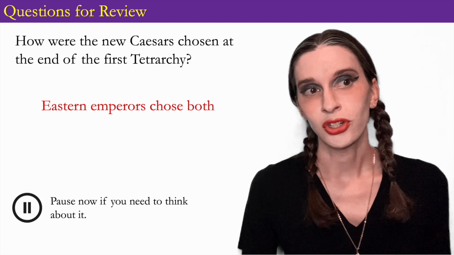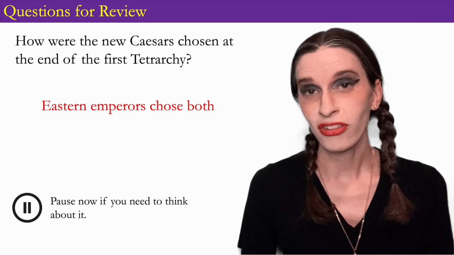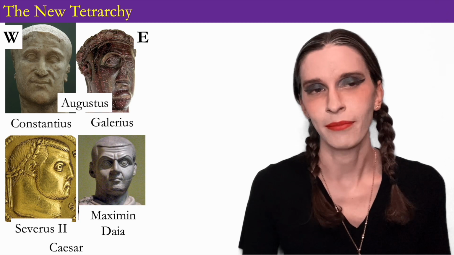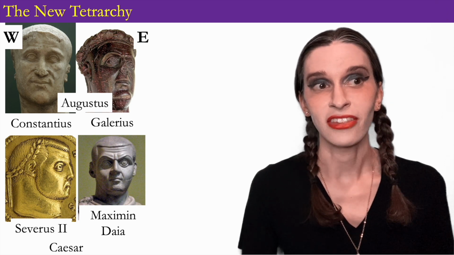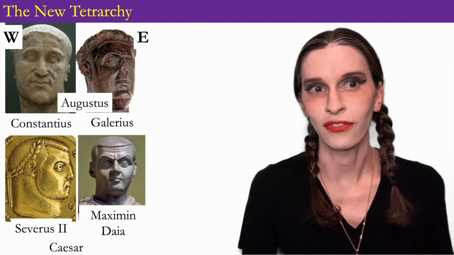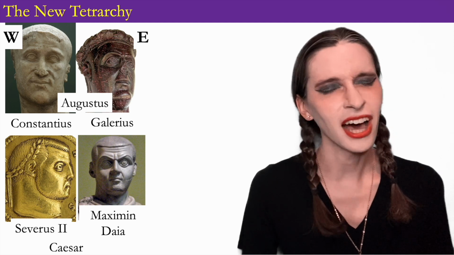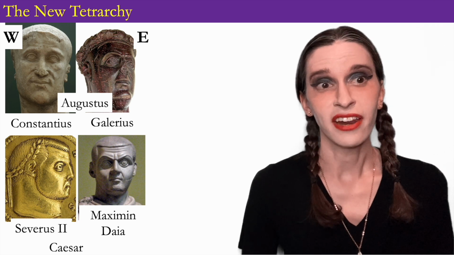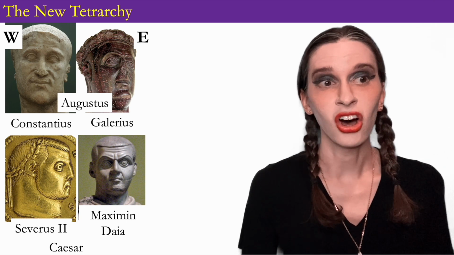The Eastern emperors chose both new Caesars, leaving the Western emperors out entirely. So we rejoin the second Tetrarchy after the abdication. Galerius and Constantius are the Augusti, Maximin Daia and Severus II are the Caesars, and a lot of people are mad about it. In 305, the aging Constantius is fighting the Picts in Scotland, and his son Constantine joins him